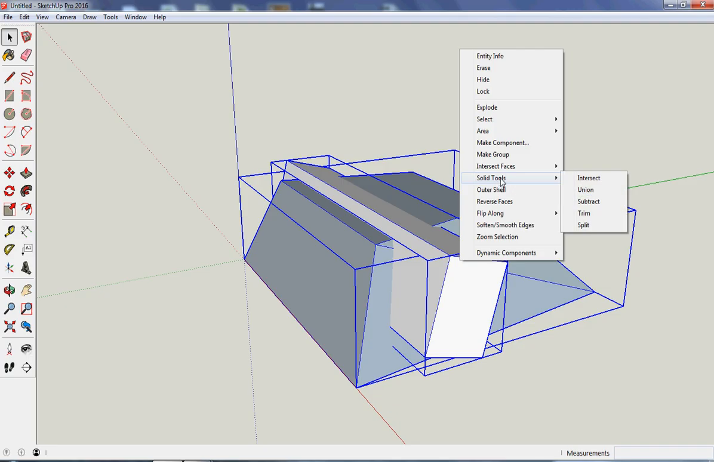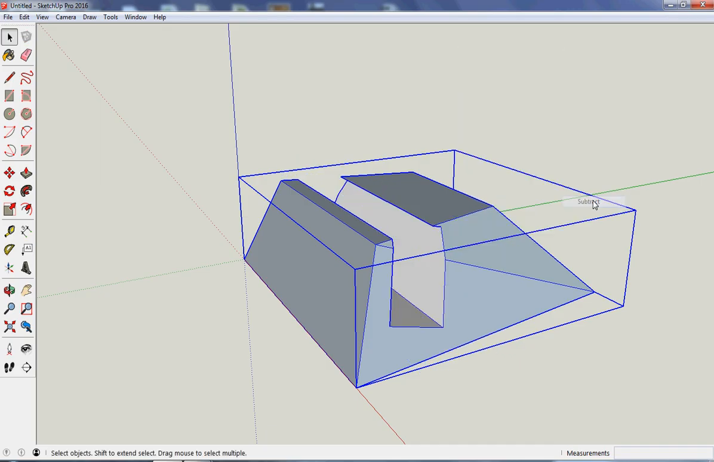Both of these shapes are now solids. And there are various things which do various different things, so intersect, union, trim, split. One we're interested in at the moment, the easy one to understand, is subtract. And it subtracts, if you like, the one you clicked first from the one you clicked second. And there we go. So that has now removed that shape from